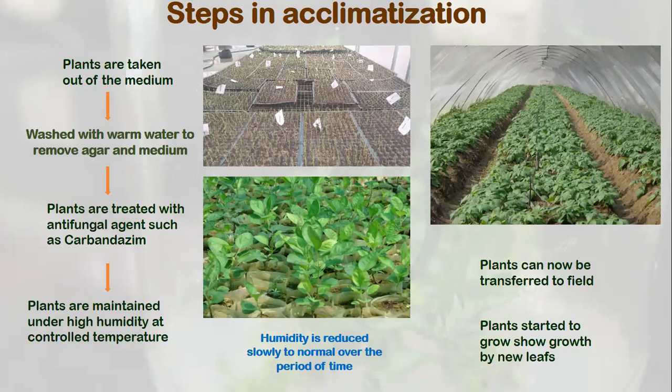You put the plants there. After taking out and washing, we treat them with antifungal agents. The plants are maintained under high humidity at controlled temperature, and these plants for the acclimatization are to be maintained under high humidity. So what is it doing? Because I told you in my previous lecture, the plants, even though they contain root and shoot,